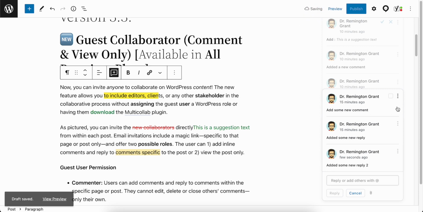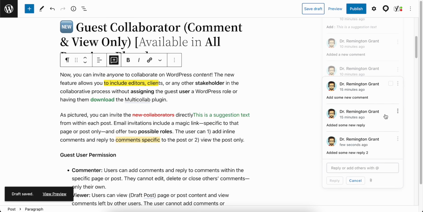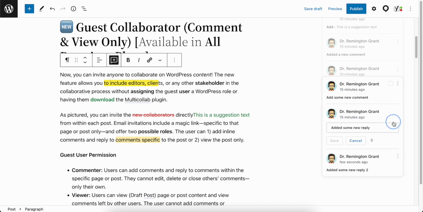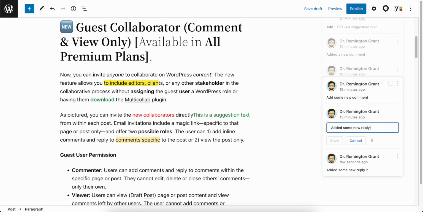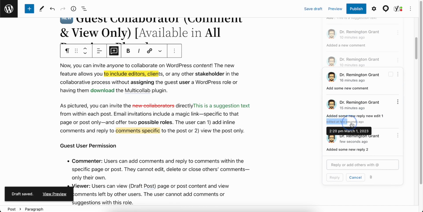So now if you want to make any changes to this particular reply, or just simply want to delete this reply, here you can click on this more options, this three dot options, and there are these two options, edit and delete. So if we click on edit, it will allow you to edit your reply. So I will add some new text as an edit, and once you have done,